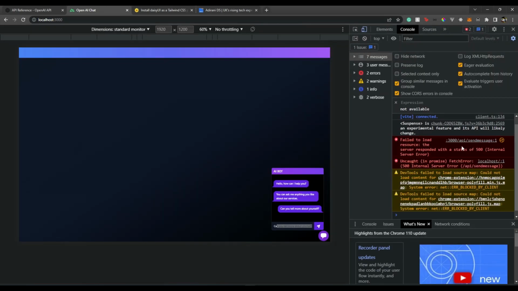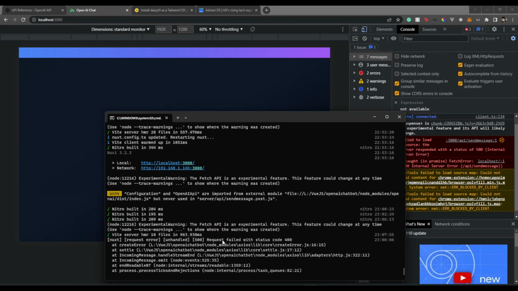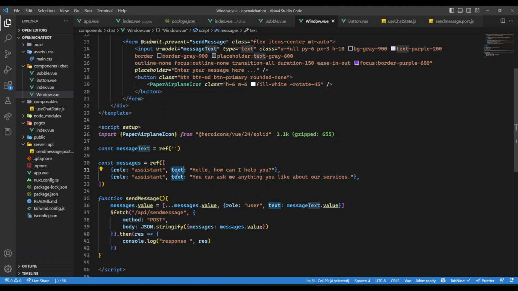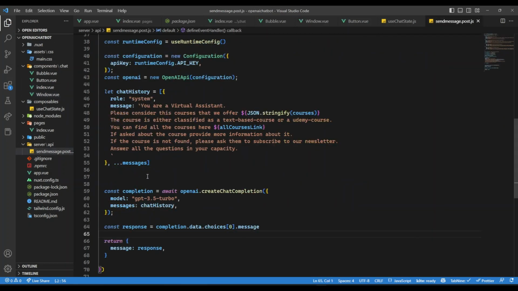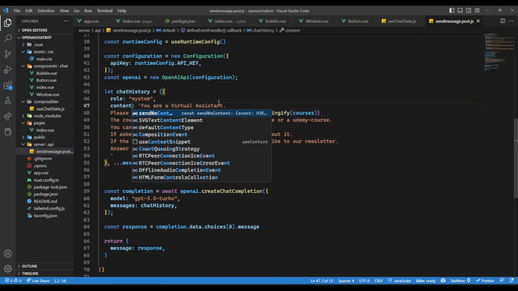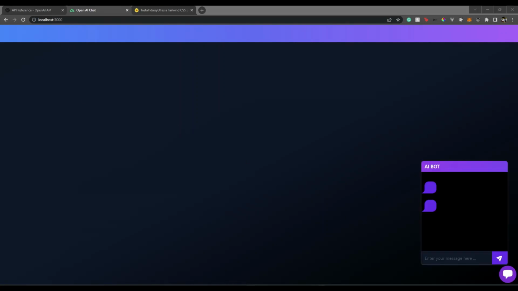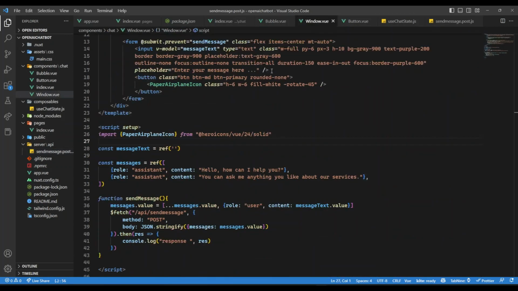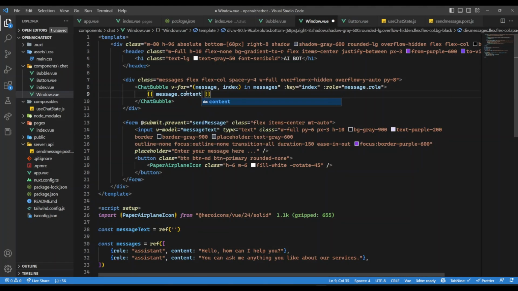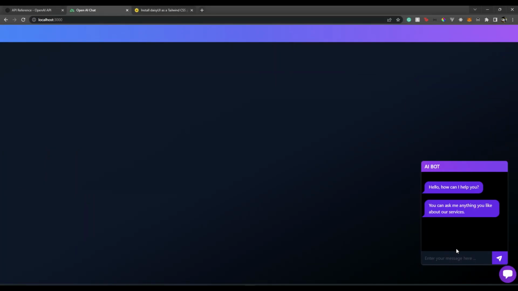Failed to load. Okay, so we have some API error. Let's see what's the error. It says request failed. Process text at rejection. Create error. Sorry, this should be content, not text. So this should be content. And on the backend side, this should also be content. Where is it? This one. Sorry about that. Let's try it again. So if we go back again, let's try again. Okay, we need to send here in the window, should be content, right? So if we now try